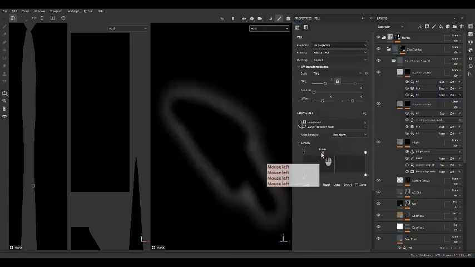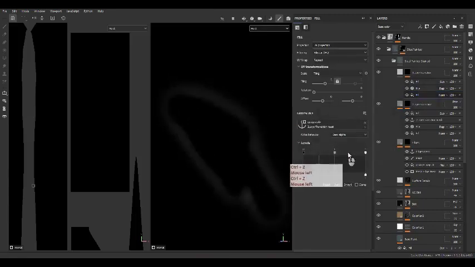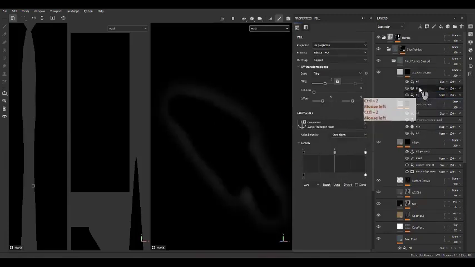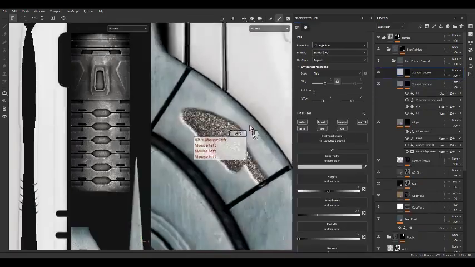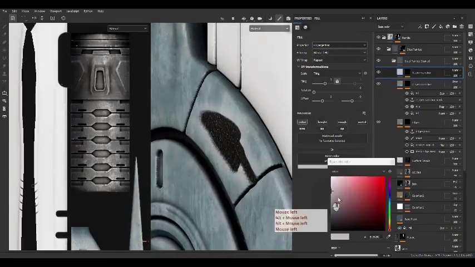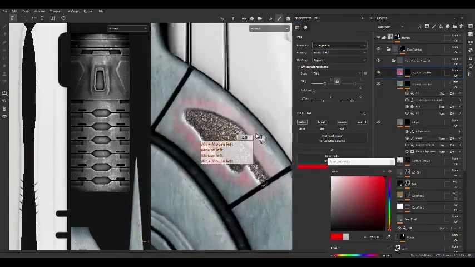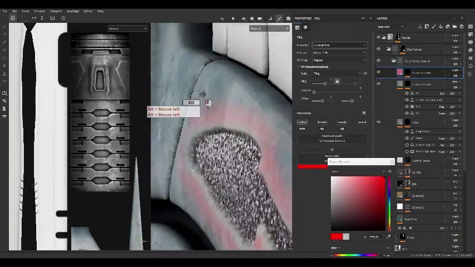Let's play with this slider. And now we have our second transition. So as you can see,